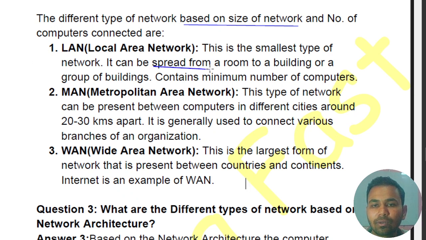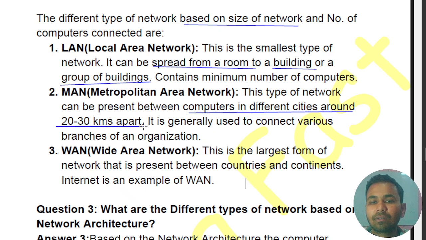It is spread over a room or over a building or over a group of buildings, and can have a couple of computers joined together and have the minimum number of computers, we can say. So this is the smallest type of network. Second we have MAN, that is metropolitan area network. This type of network can be present between computers in different cities around